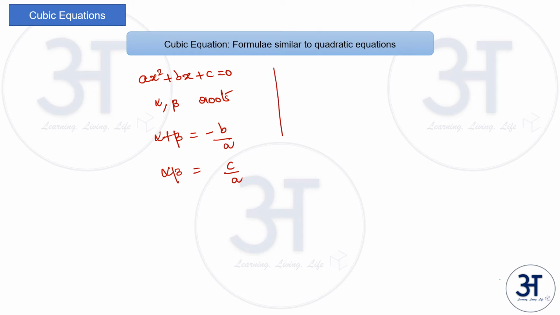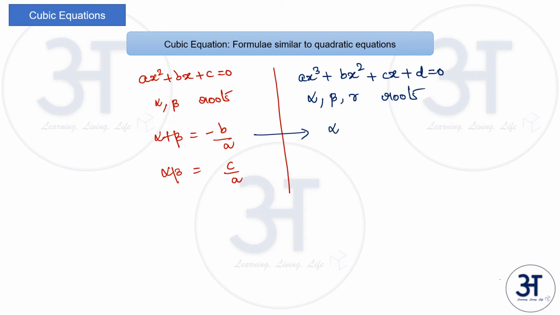Now let us take the cubic equation of the form ax cube plus bx square plus cx plus d equal to 0. Similar, and let us take the roots as alpha, beta and gamma. So similar to the case of quadratic equation, we have sum of the roots, alpha plus beta plus gamma, equal to minus b by a. So because there are 3 roots, a new situation arises where you can write alpha beta plus beta gamma plus gamma alpha. This is nothing but sum of the product of 2 roots taken once. So that will be equal to c by a.